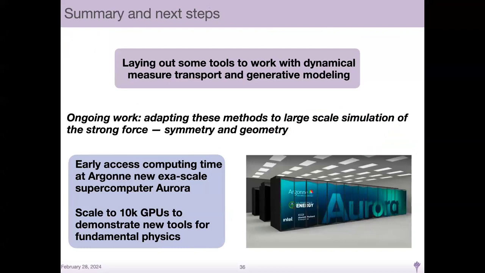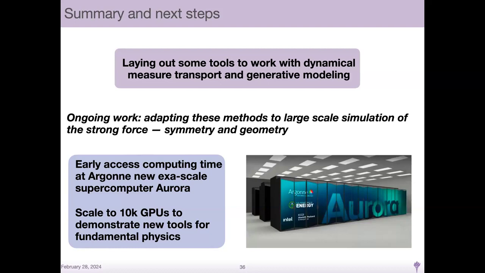So that was just to overview a method about this, new tools for dynamical transport. And what I'm really interested in is trying to apply these to problems in physics, but I figured it'd be better to talk about a method rather than a physics lecture. And so what we're trying to do is adapt this now to large-scale simulations of quantum field theory. In particular, we want to study aspects of the strong force, the force that holds protons, neutrons, and matter together, that makes up the matter class. And this is computationally an extremely large-scale task historically. Understanding the strong force computationally currently uses about 10% of the federal US supercomputing budget every year to run gigantic Monte Carlo simulations.